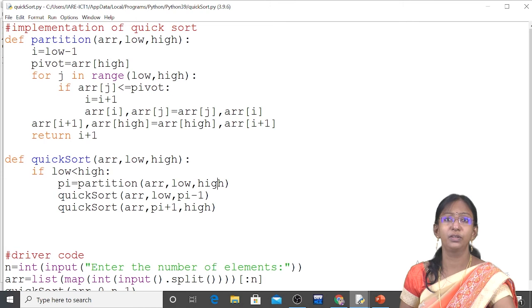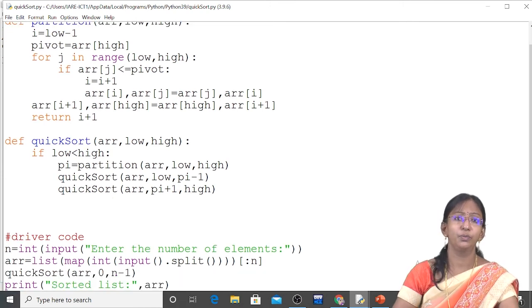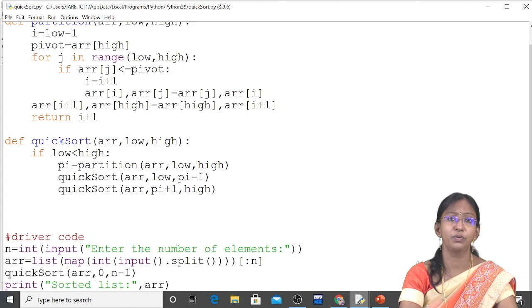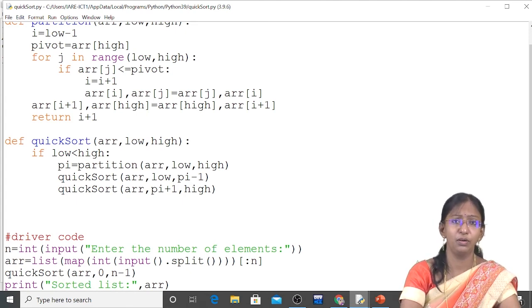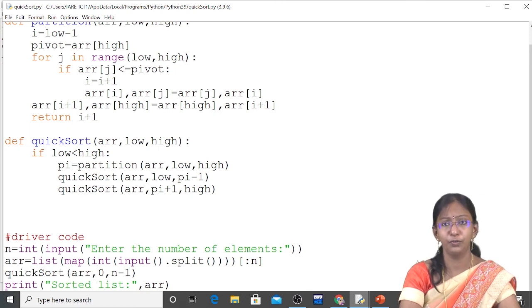So let's go through the things that we have written, my dears. We have written the driver code, taking the maximum number of elements that we are going to sort. Then we have read a list of elements. Then I have called the quick sort technique, to which I'm going to pass the array, its zeroth index, and n minus 1, which is its highest index. With that, the control will run to quicksort, which is the function definition, the basic logic definition, and